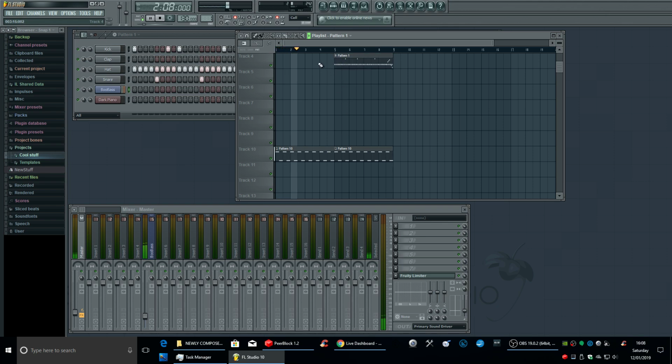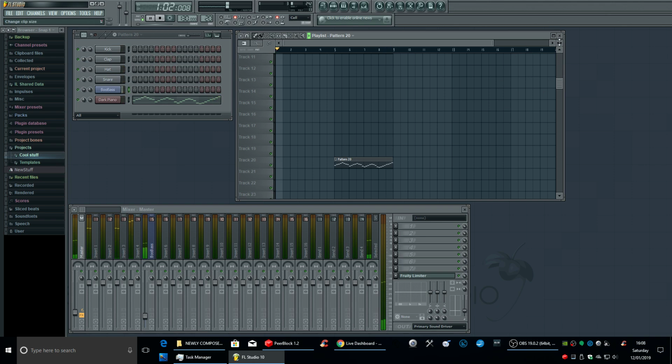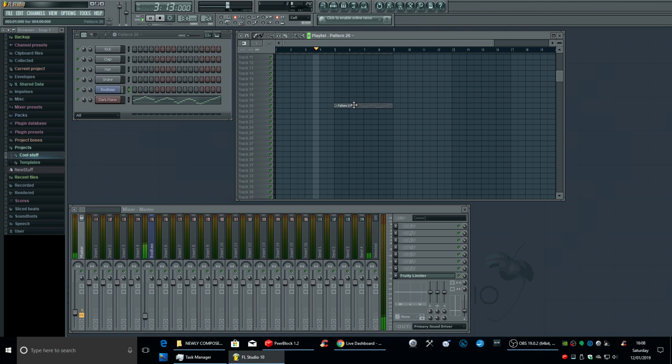Right, stick a track in there of the drum beat. Then we'll go to the instruments. Yeah, so what we can do now, I can select all them, put all them in there.